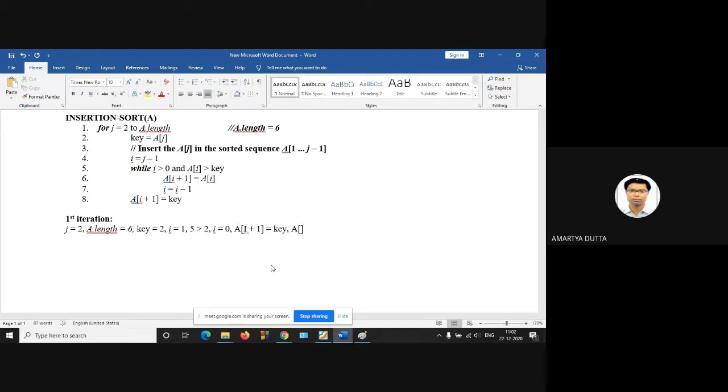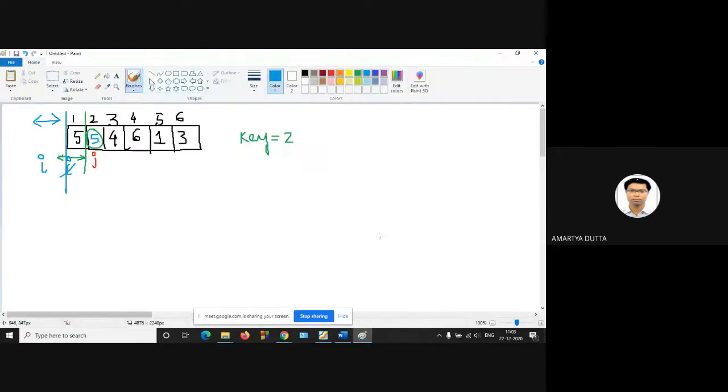The present I value is 0, so 0 plus 1 is 1. So A1 is equal to key. Key is 2. You have to put this 2 at this position. So insert 2 here, so 2 and 5. Is it clear? So 2 and 5 are placed in the proper position.